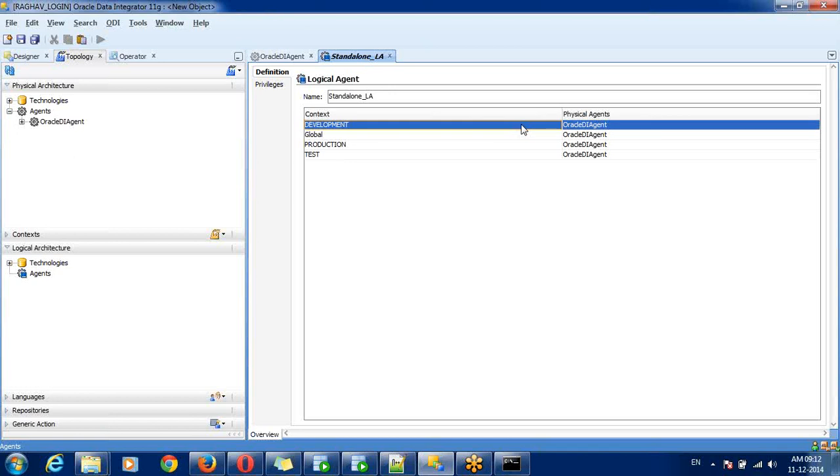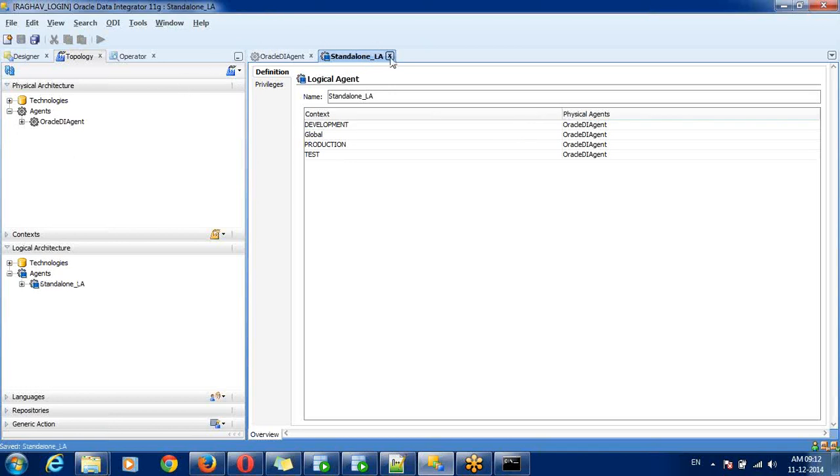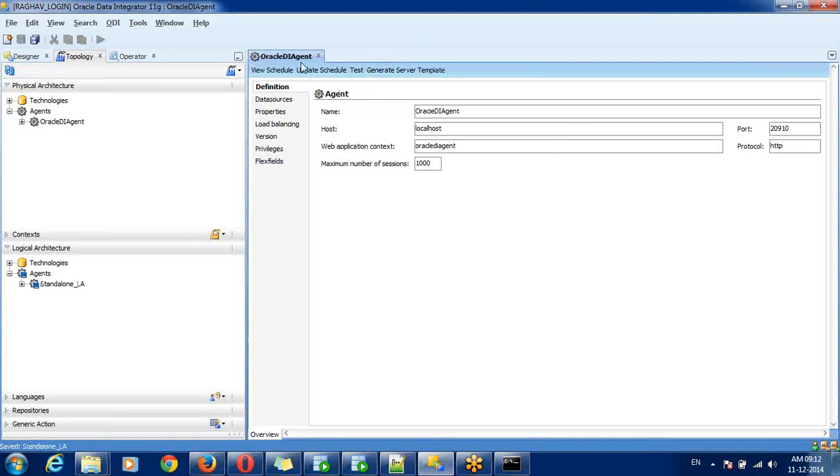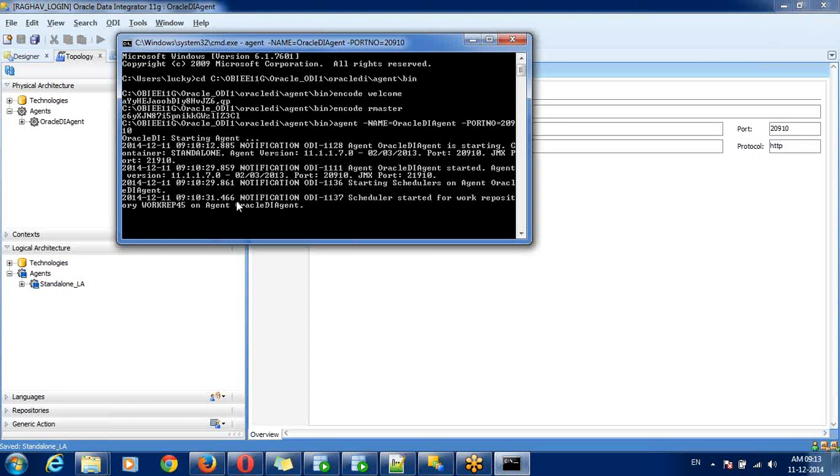For creating a physical agent you only need to remember host, port number, agent name, and protocol. Default is HTTP; secure protocol means HTTPS. Web application default is Oracle DI agent. This is the standalone agent configuration.